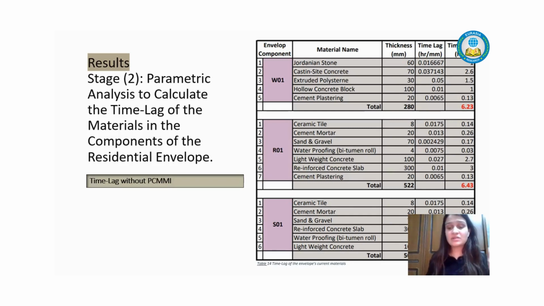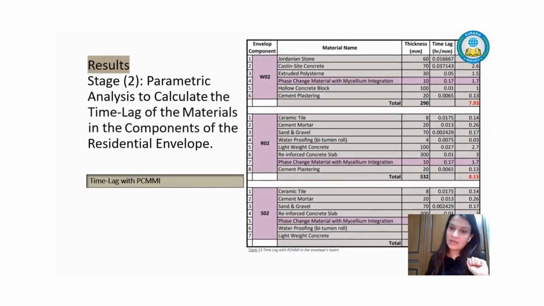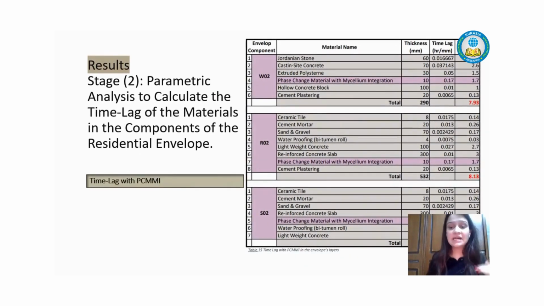The time lag in the current value was an average of 6 hours, while adding PCWMI enhanced it to 8 hours, by 2 hours of time lag, which is something really good.